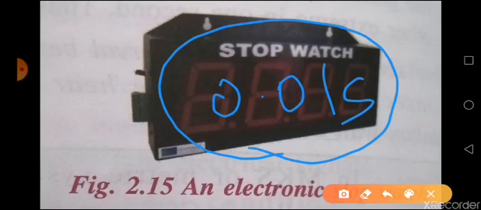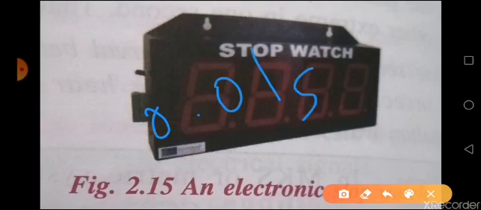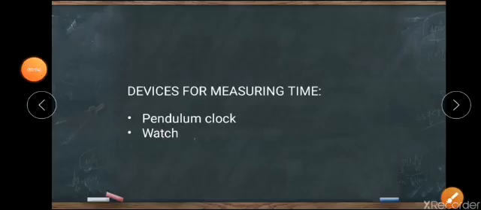That much difference value will also be shown in the electronic stopwatch, and that is why this electronic stopwatch is usually used in athletics to measure the time. When the athletes are running, there can be even a 0.01 second chance for one person to win. So this accuracy, or that much exact result, is needed in athletics. For such purposes you use electronic stopwatches.